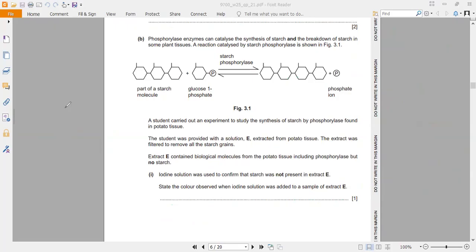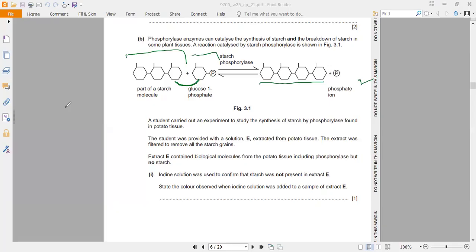Phosphorylase enzymes can catalyze the synthesis of starch and the breakdown of starch in some plant tissues. A reaction catalyzed by starch phosphorylase is shown in figure 3.1. So you can see the part of the starch molecule, glucose 1-phosphate, and starch phosphorylase will act as an enzyme. So at the end, there will be the formation of phosphate ions, and then this is the starch molecule. You can say this carbon will join with it,